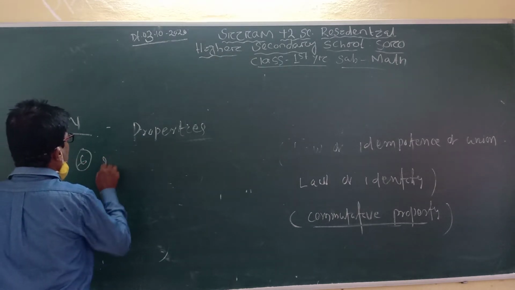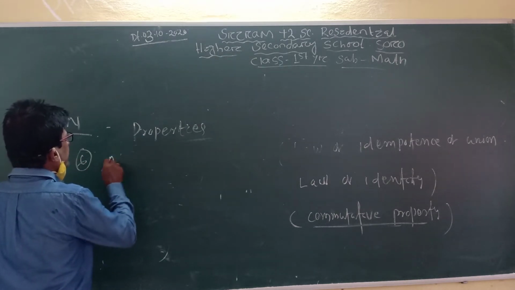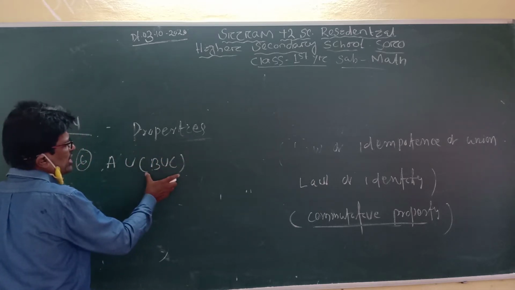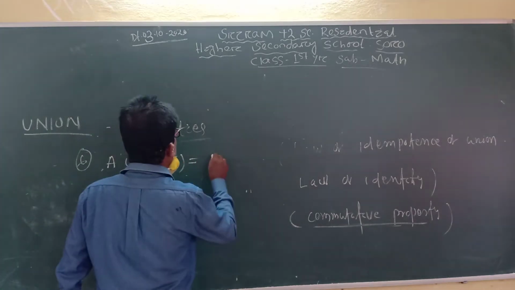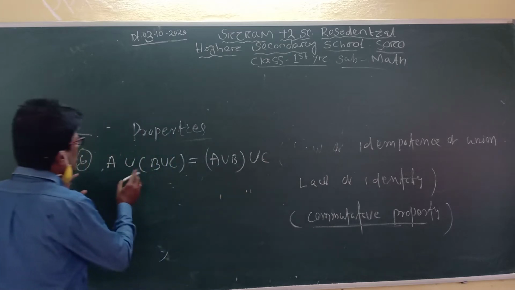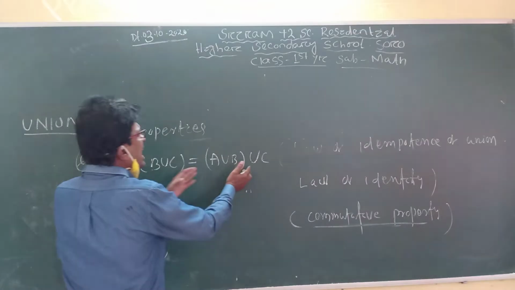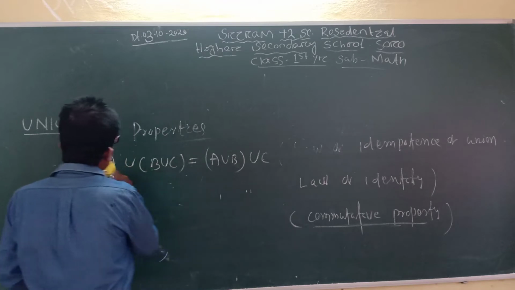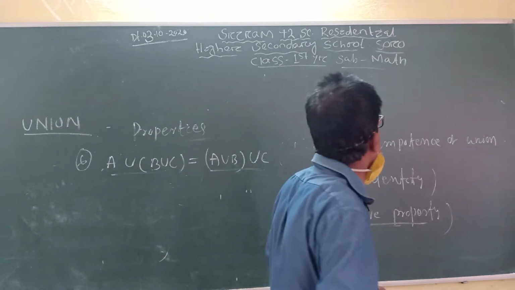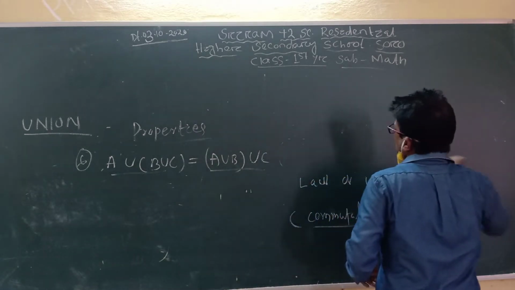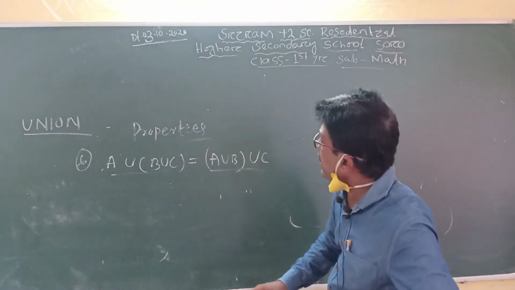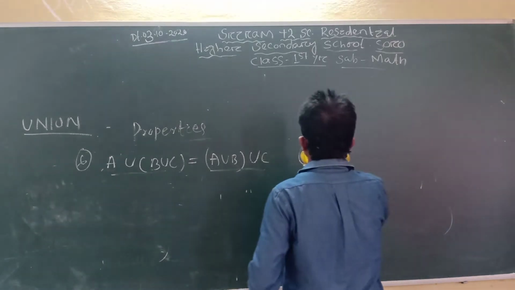If A union (B union C), you look, the bracket is between B union C here, and it is the same as (A union B) union C. Here B union C is bracketed, but on the right side A union B is bracketed, but that value is the same as that value. It is called the associative property. In Odia it is called Sahajogi. Commutative is called Krama Binimai, and associative means Sahajogi.